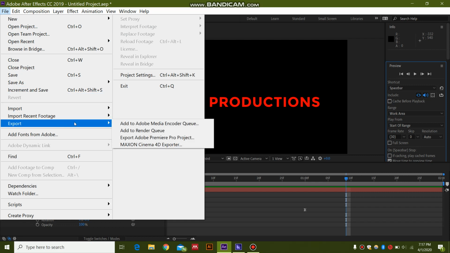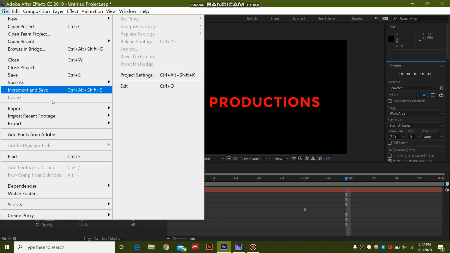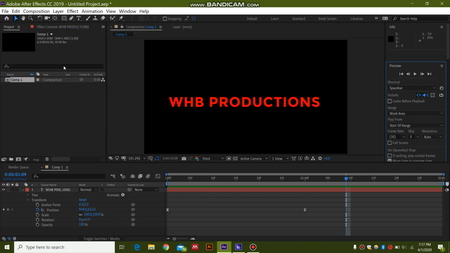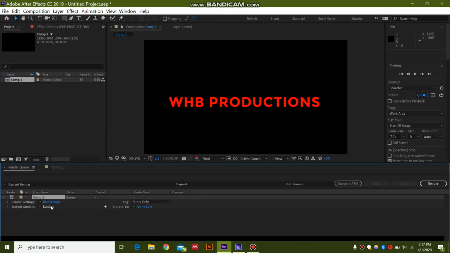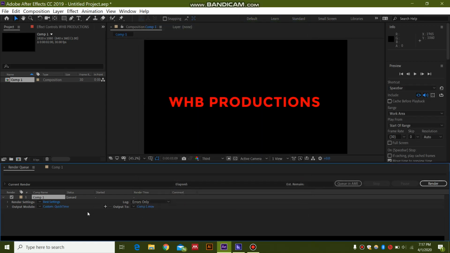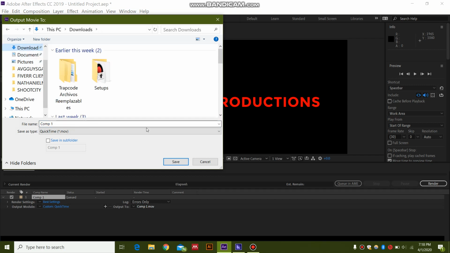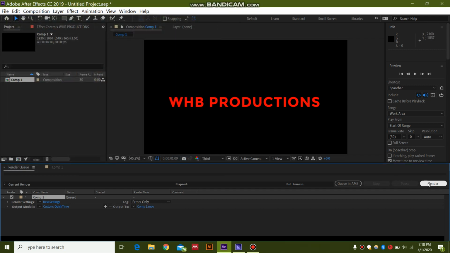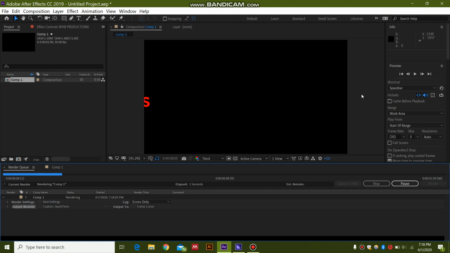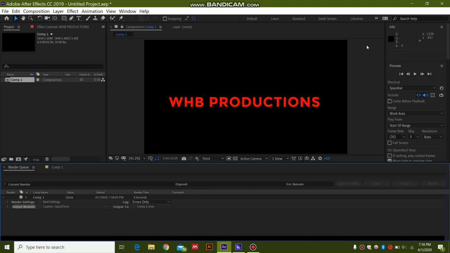You can go to file, export, and add to render queue. Sorry, add to render queue. And you can just select these settings as QuickTime, and for your output, this is composition 1. Let's render it. Once this is rendered,